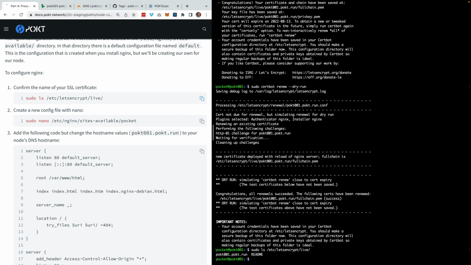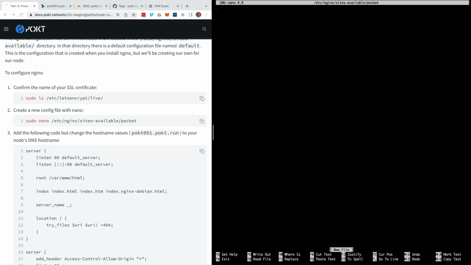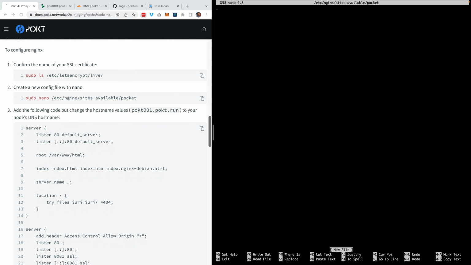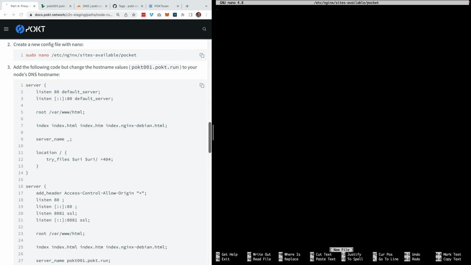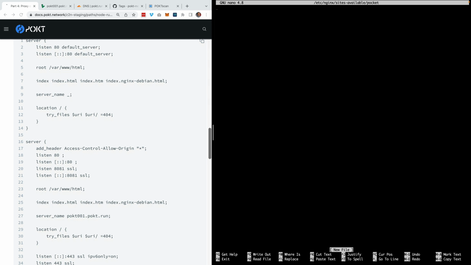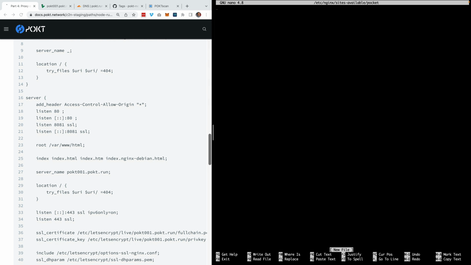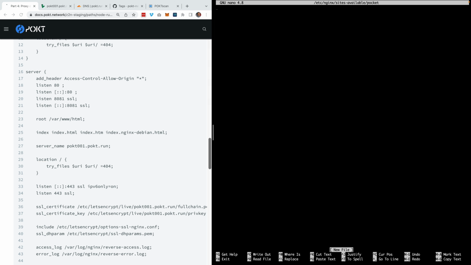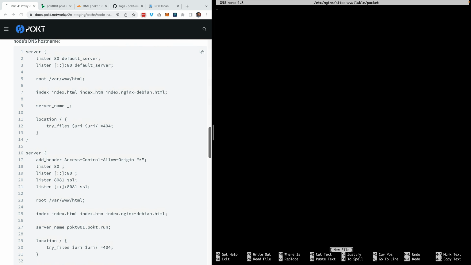And then next, we're going to be configuring a Nginx conf file, configuration file. And we're going to use pretty much what's provided here. The only changes that we're going to make are changes to the host name references. So line 27 here, we're going to change that. And then line 36 and 37 also have references to the host name. So we're going to change those to,